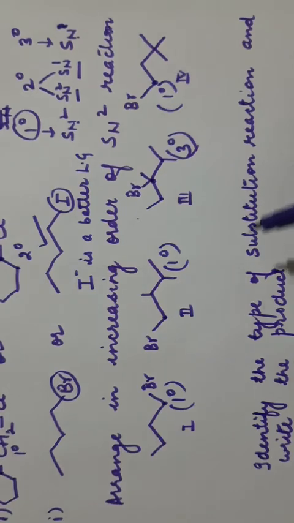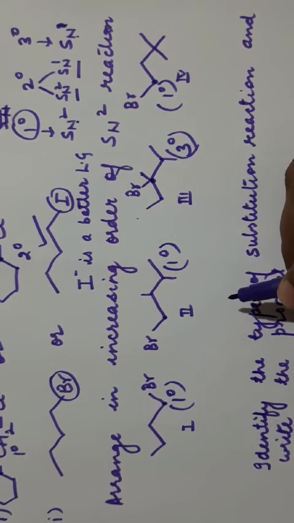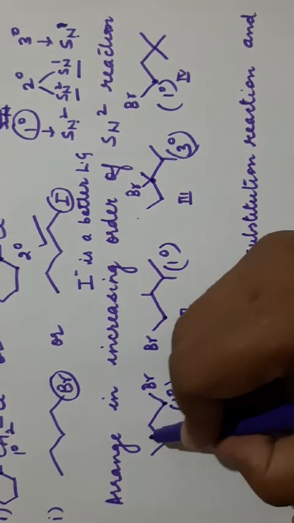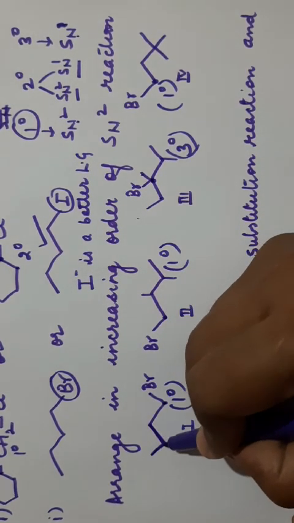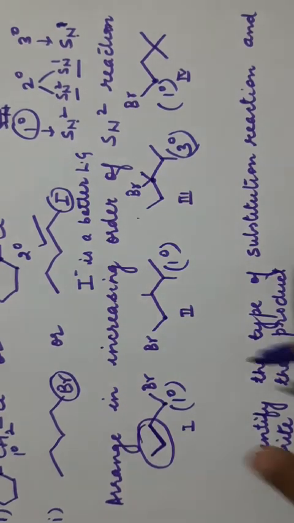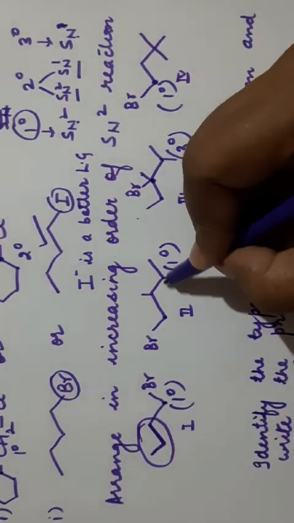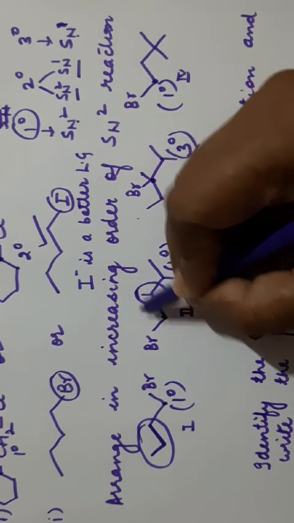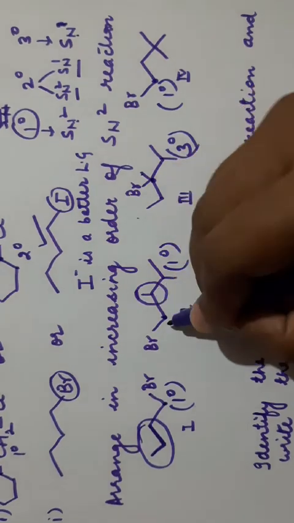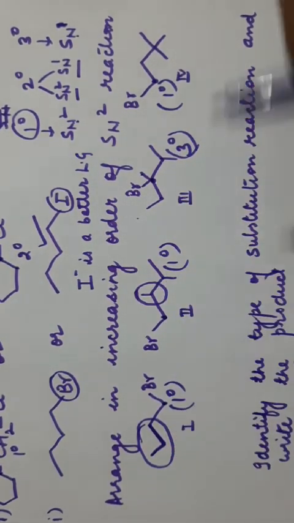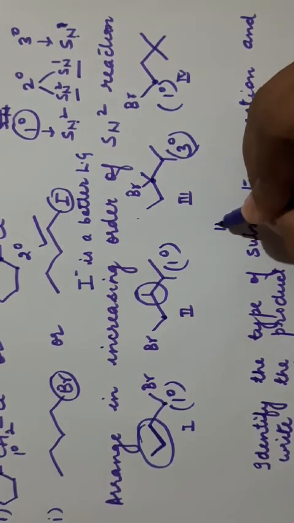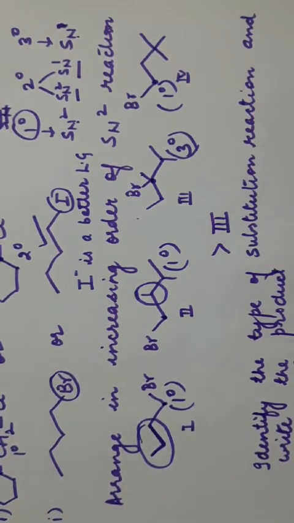Now what you have to do is see the steric hindrance near the carbon which is being attacked. This carbon will be attacked, so you have to see this part. This is a straight chain. Here this carbon will be attacked, and near it is a tertiary carbon, so there will be more steric hindrance as compared to this. In this case it is tertiary, so it will be least reactive. So we will write third as the least reactive. Clear? Now we have to compare between first, second and fourth.